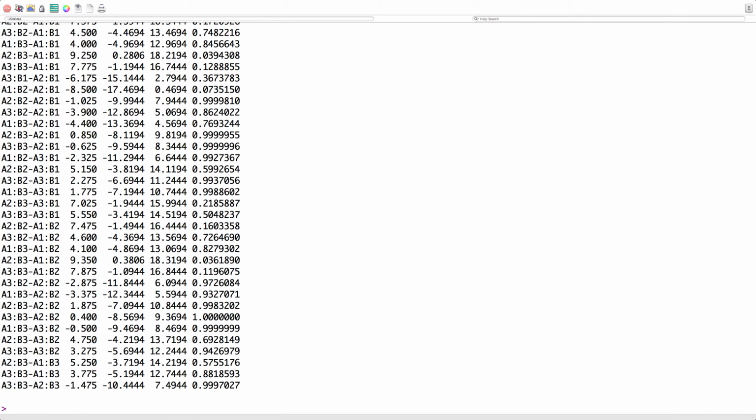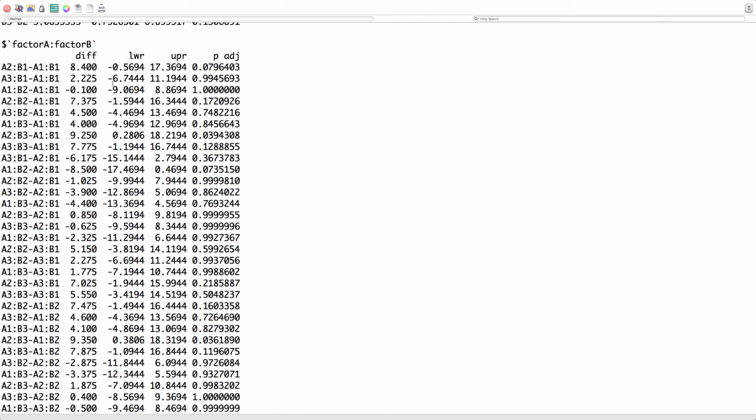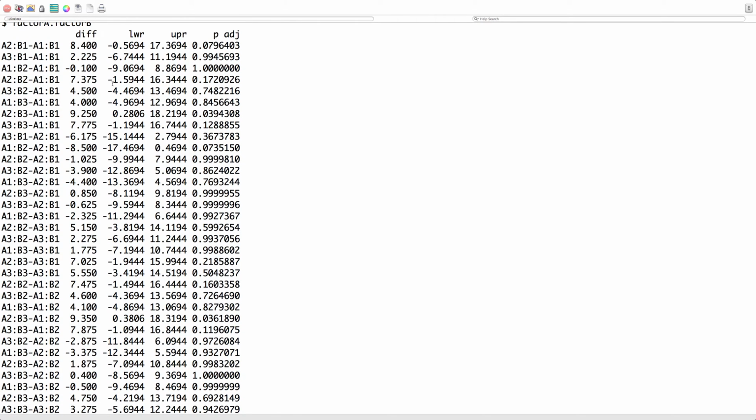Okay. Now what this does, it comes in and gives us pairwise comparisons, and it's pretty natural to just come in here and start trying to locate the p-values that are less than 0.05. So in this situation we see that A2B3 and A1B1 are statistically significant. Now in this situation, what the heck does that mean? It tells you that if we go to A2B3,